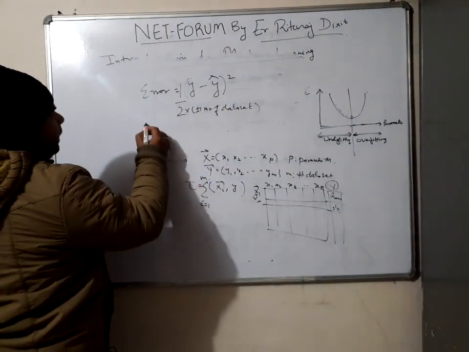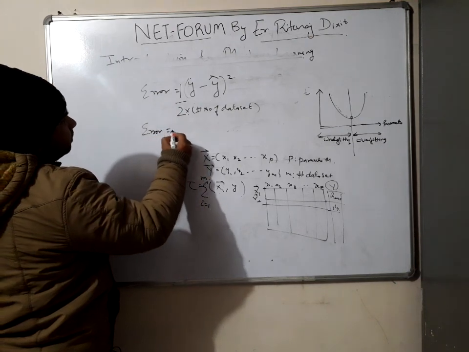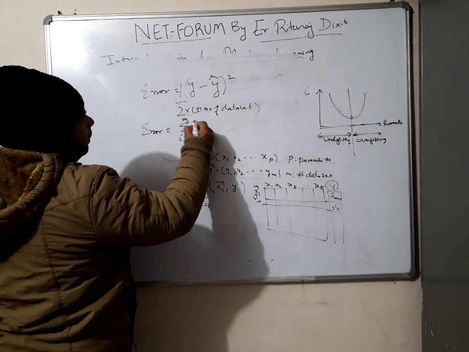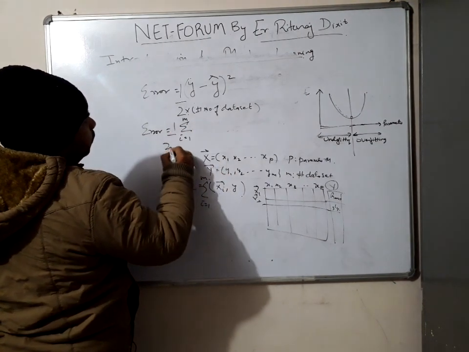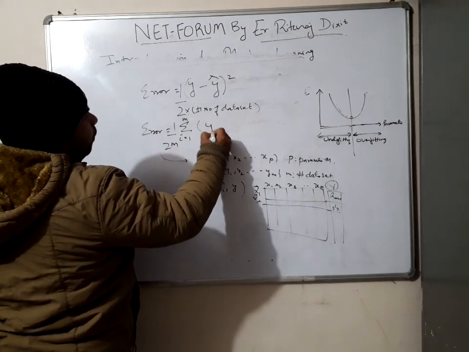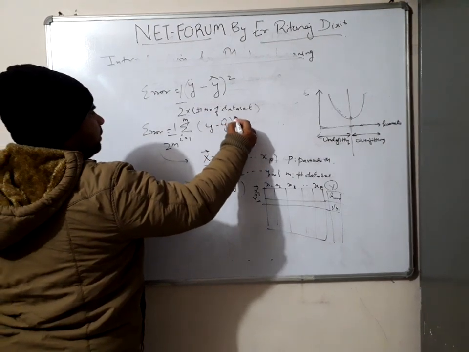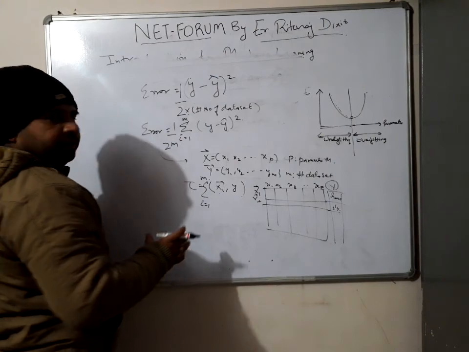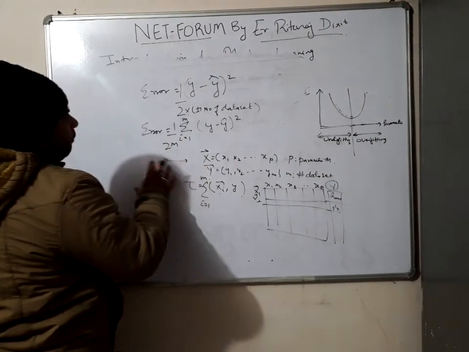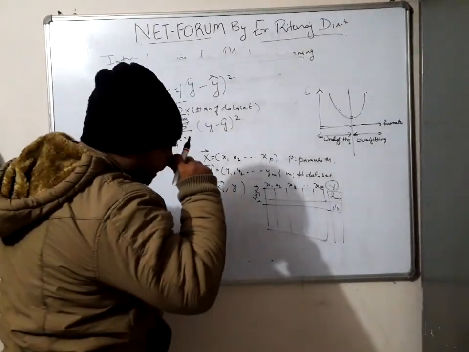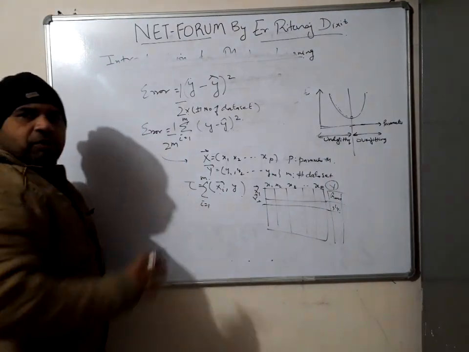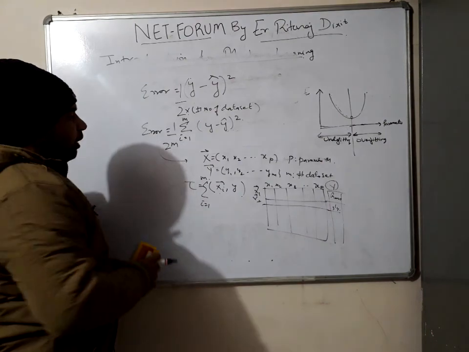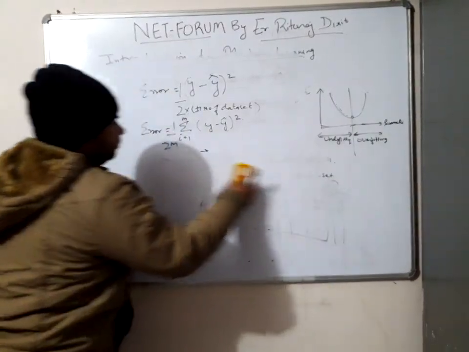So if we have m data sets, then the error will be the summation of i equal to 1 to m, 1 upon 2m, (y minus y predicted) whole square, right? What is this called? It is called the mean square error. The idea is that we have to minimize this. This is our cost function also. So how do we minimize it? We minimize it with the help of an algorithm which is known as the